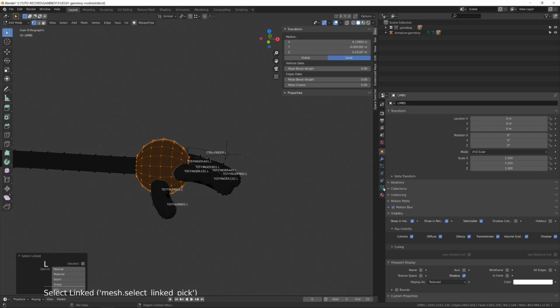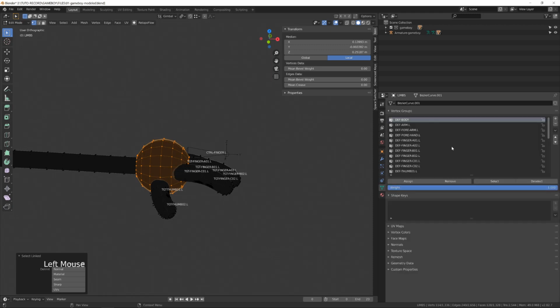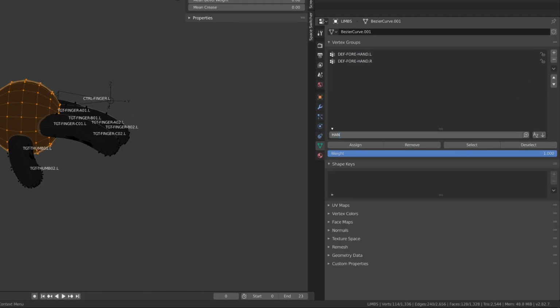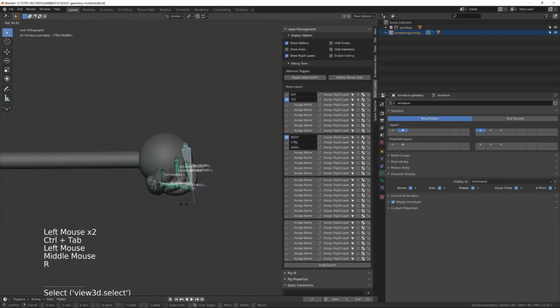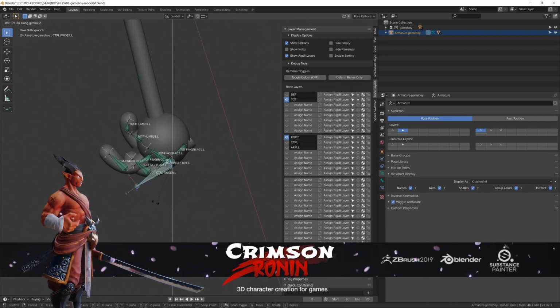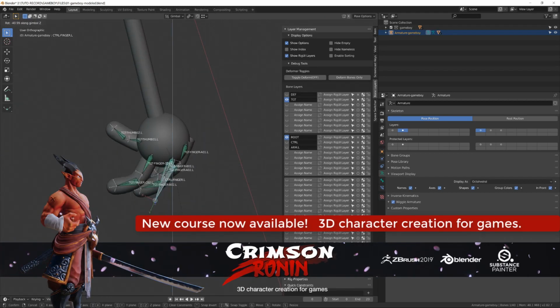Since I want this part of the mesh to be influenced only by the deformation bone of the end, in edit mode with the corresponding geometry selected, I will go into the vertex group tab, click the down arrow and click on remove from all groups. Now this part of the mesh has absolutely no influence from the rig. So now I need to reassign it to the end bone group. So I will search for it, select the def end.l and assign. Now the hand mesh is no longer influenced by the finger deformation and the fingers are following our mechanism.